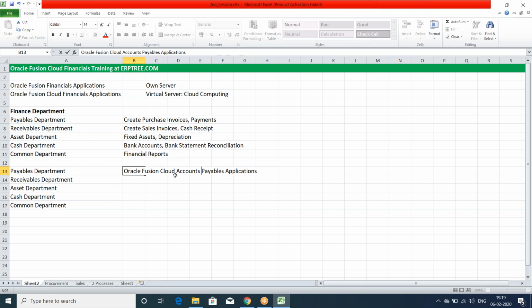Okay, Oracle Fusion Cloud accounts payable application. You can use the word Cloud, or you can ignore it when you talk about these applications, no issues. Simply, you can call it the Oracle Fusion accounts payables application. By using this Oracle Fusion Cloud accounts payable application, the companies can create the purchase invoices and they can process